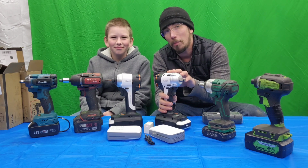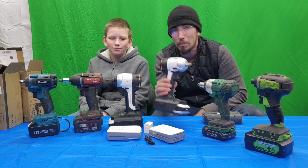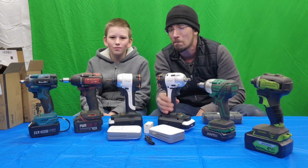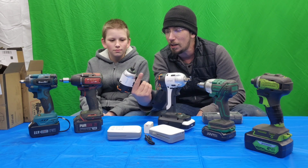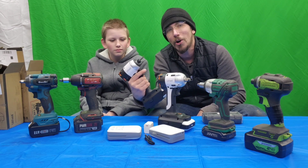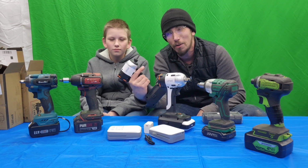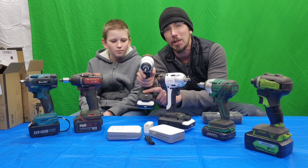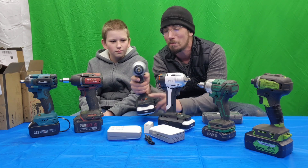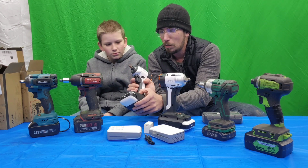I'm betting that they probably fixed the casting issues, and that's why the Amazon version looks a little different. This is a drill driver, and normally I do not get hyped about a drill driver, but this is the first one I have ever had that actually has 3 control speeds on it. So if we tap that, we got